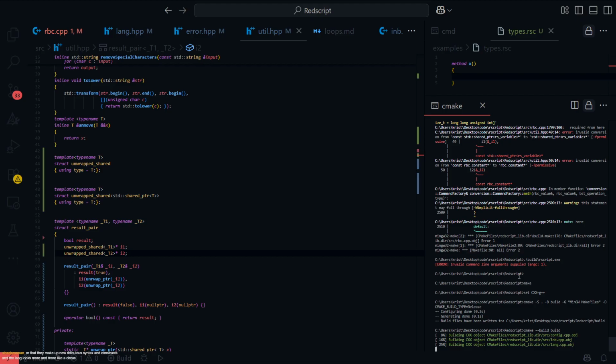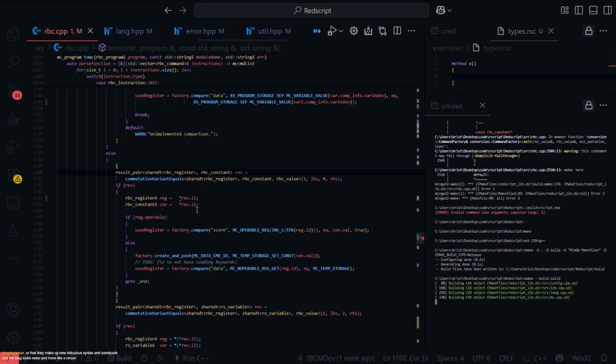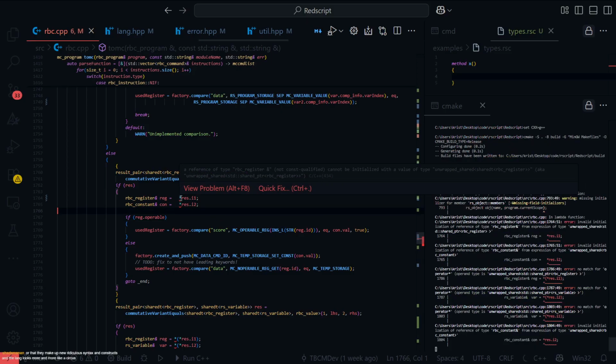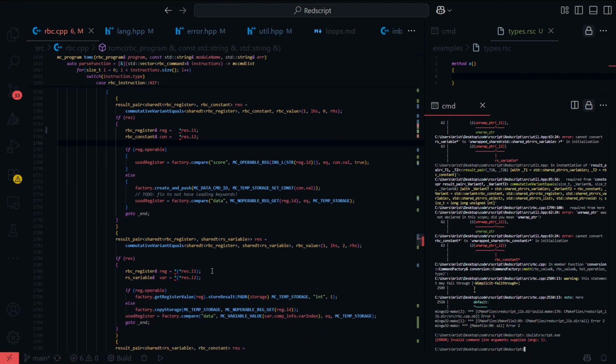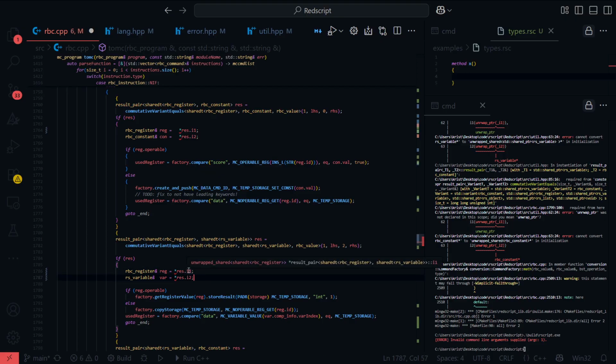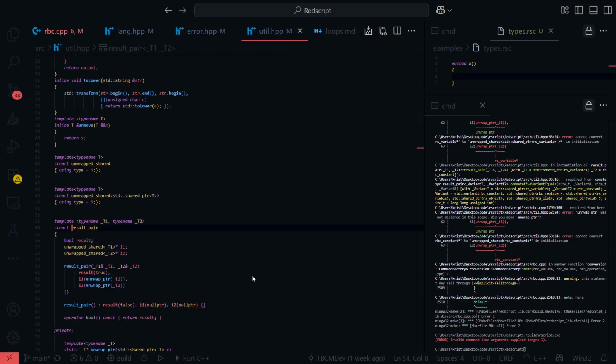Oh, shit. Wait, it should fail. How is it still? Yeah. Oh my lord. So here, I need to get rid of the double dereferences here. Oh, I forgot to get rid of... I forgot to use,